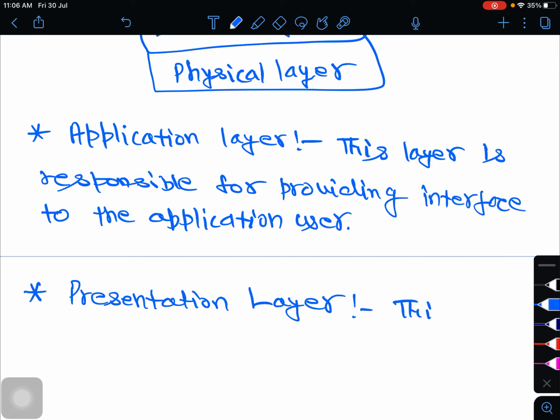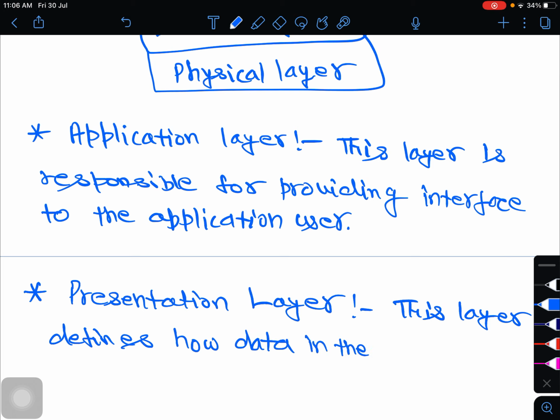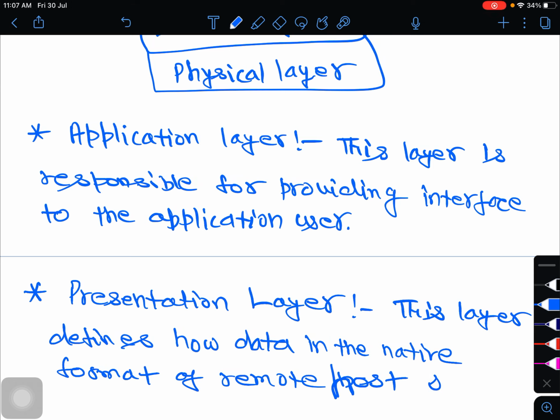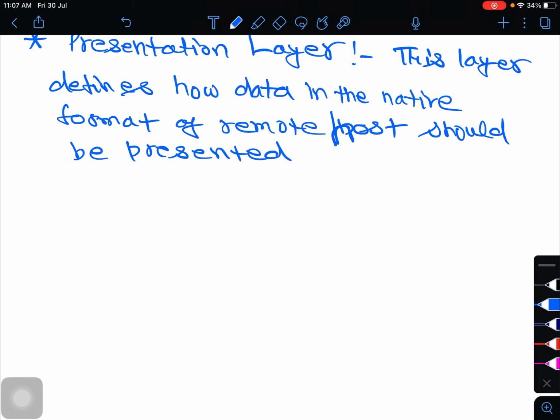So this layer defines how the native format of the remote host should be presented in the native format of the host.